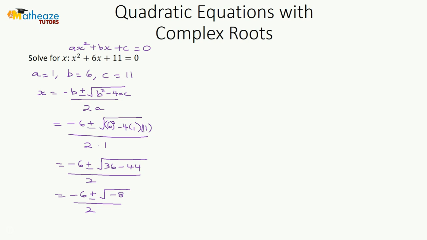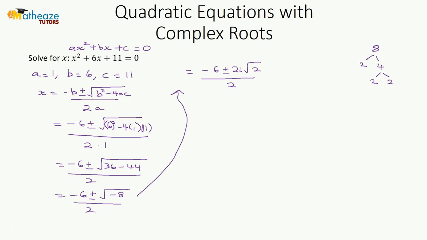So let's come over here and break up 8. We decompose that, divide by 2, we have 4, and 4 we divide by 2, and we get 2. So what this now means, we'll bring this back up here, this is equal to negative 6 plus or minus 2i square root of 2